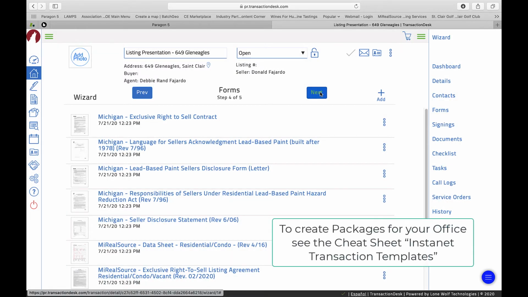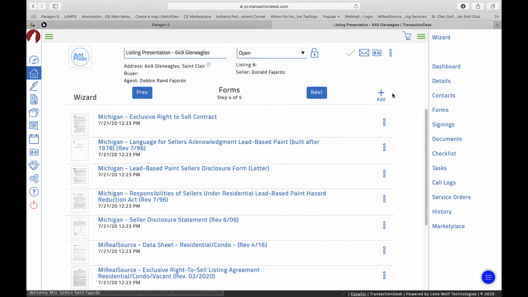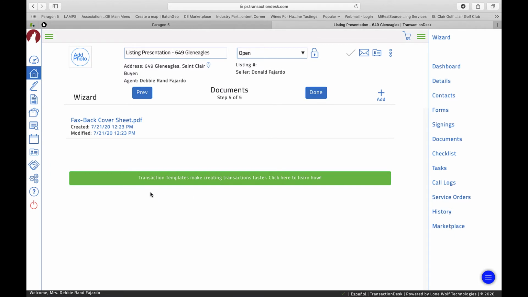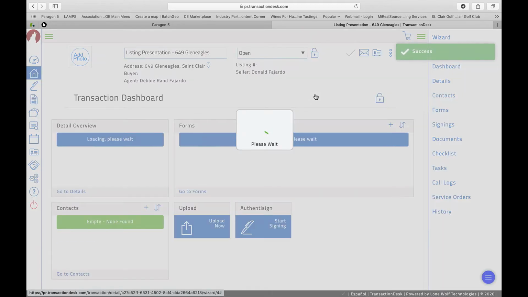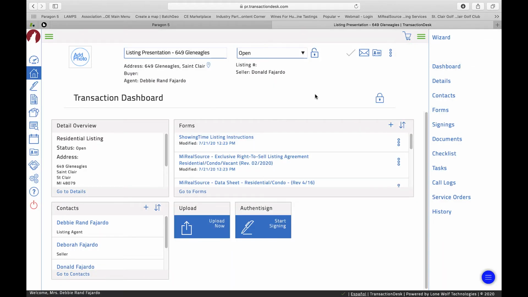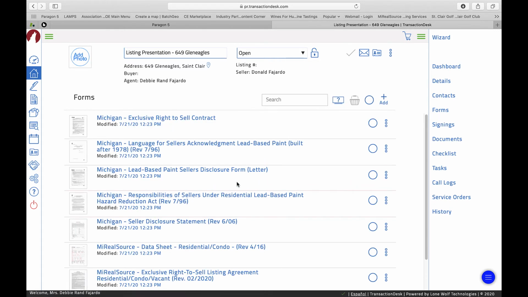These are all the forms that have been selected to be part of my listing package. That's the one that we selected in the very beginning. From here, I can add and remove documents as well. And they're even letting me know that templates make creating transactions faster. We do know that. So here we are in the transaction of 649 Glen Eagles. I simply want to go to my forms on the right-hand side. We're going to start with the